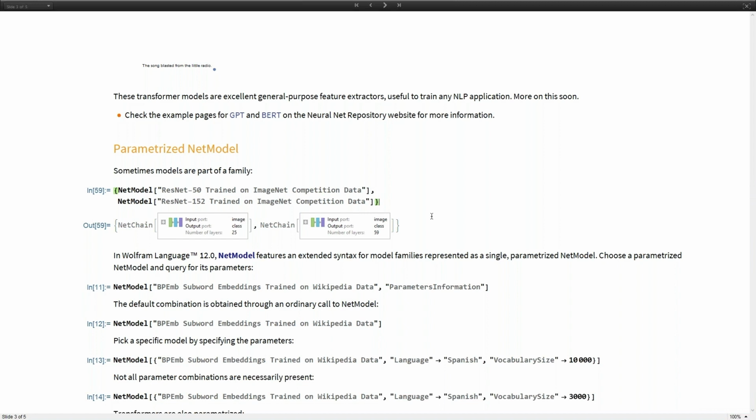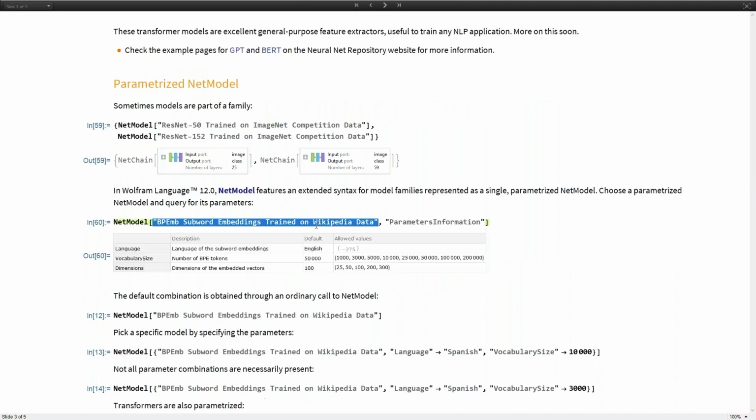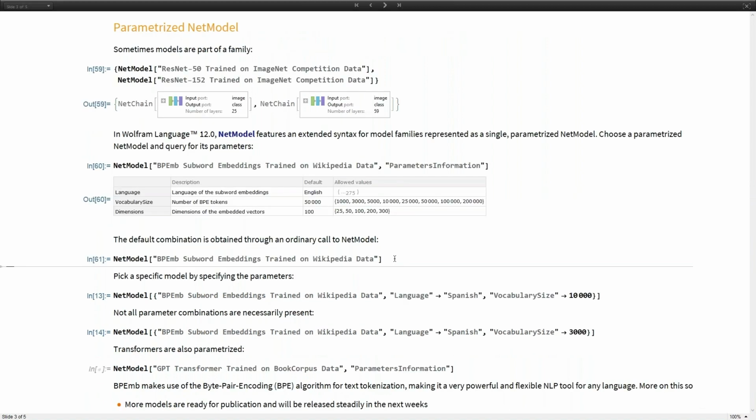The default combination is obtained through an ordinary call to net model, while in order to pick a specific model, you can specify the parameter values using this syntax and get another one. Sometimes not all the parameter combinations are present, so in that case you will get a failure object which tells you what is available.